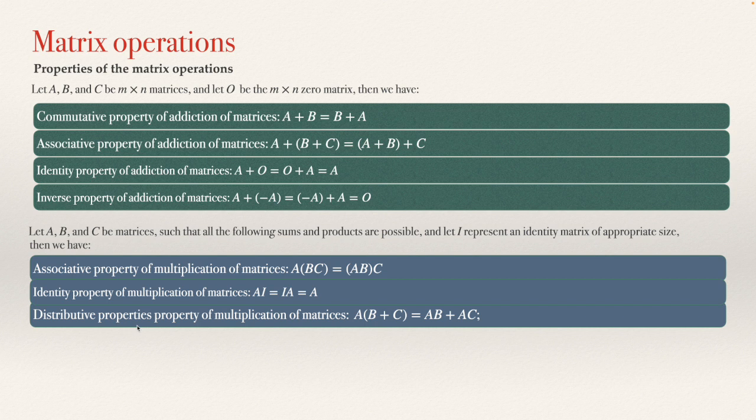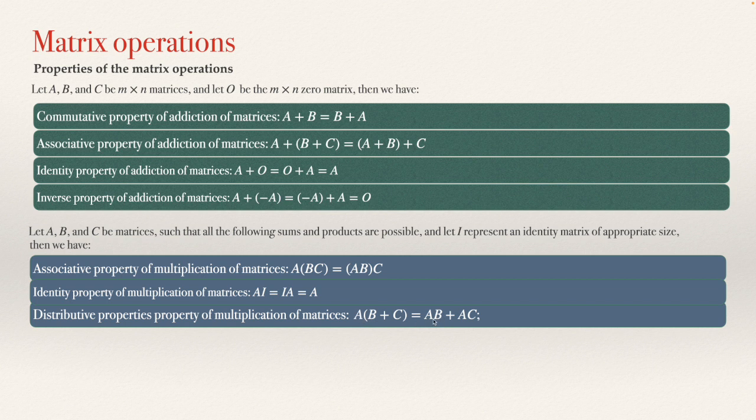And finally, the distributive property of multiplication means that if you need to multiply A by a sum of matrices, you can add the two matrices together and then multiply by A. I think it is the easier way to solve it, because addition is very easy and there will be only one multiplication. But this will be the same as if you have the first matrix multiplied by B and again the first matrix multiplied by C and add later. So adding first and then making just one multiplication